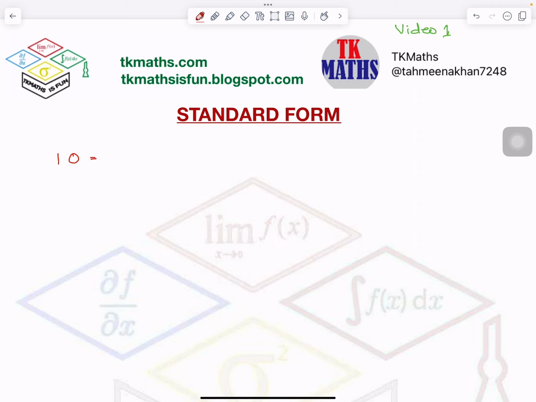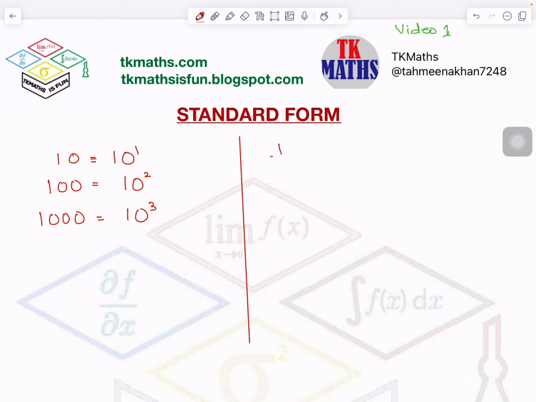Now, 10 can be written as 10 power 1. It's the same thing. Agreed. 100 can be written as 10 power 2. 1000 means 10 power 3, right? Now, next thing is,